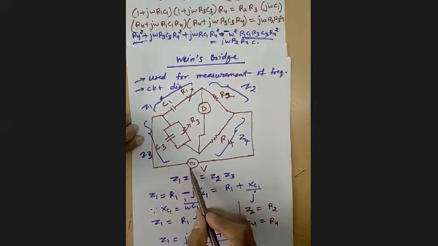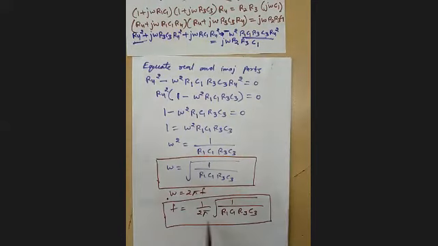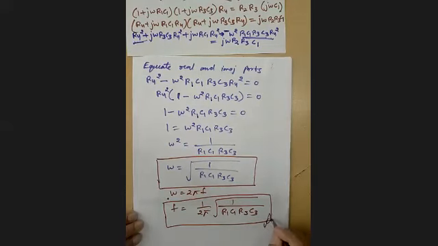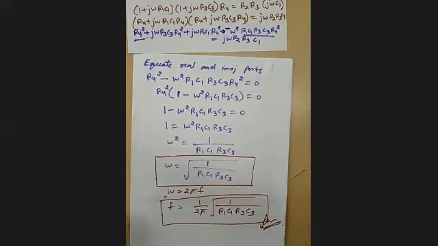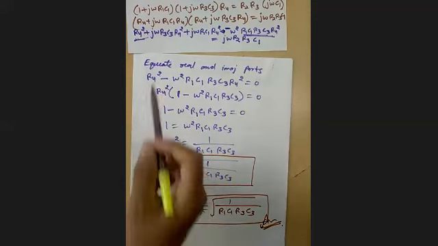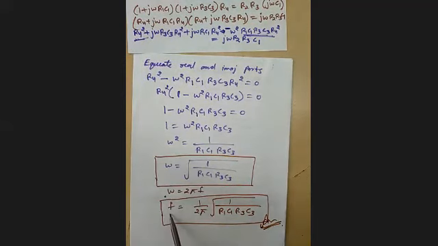यहाँ पे जो भी हमने input connect किया है, its frequency can be calculated with the help of this expression if we know the value of R1, C1, R3, C3, and obviously in the starting we have already seen that all these values are known to us. So this is the frequency which is given by the Wayne's bridge. Now it is not required to put imaginary parts, since by equating the real part we got the frequency expression. So this completes Wayne's bridge.